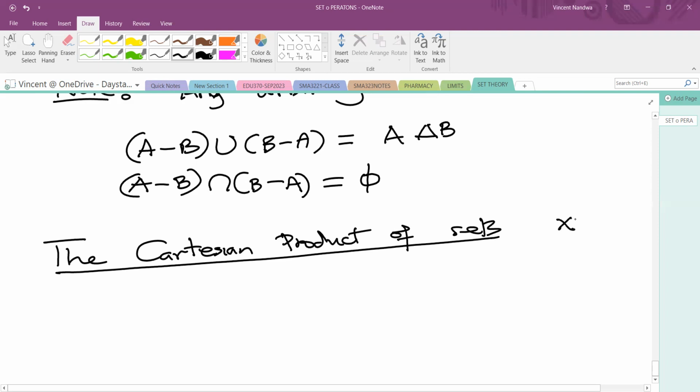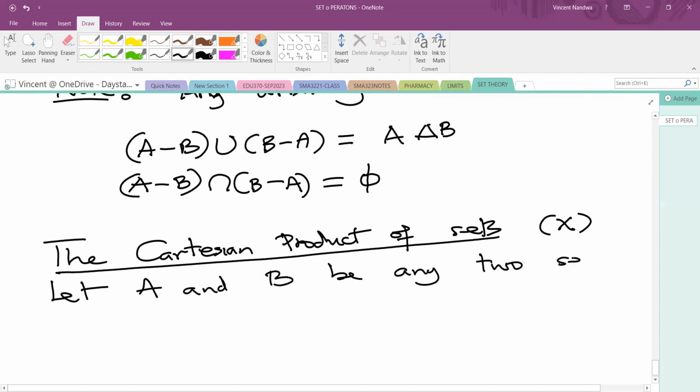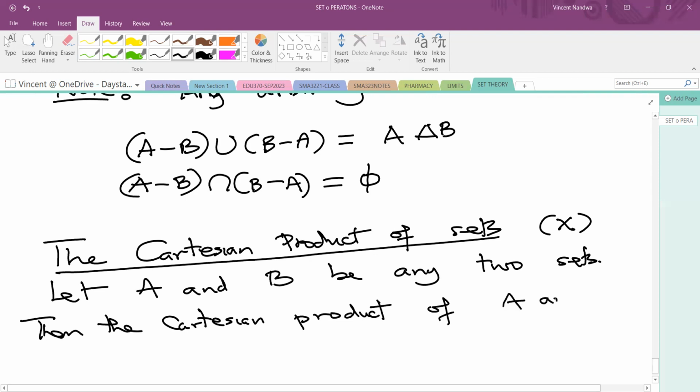We use the normal multiplication sign. So let A and B be any two sets. Then the Cartesian product of A and B